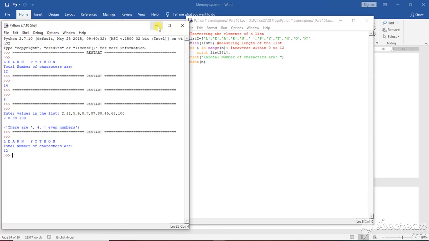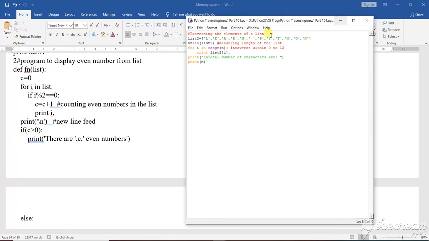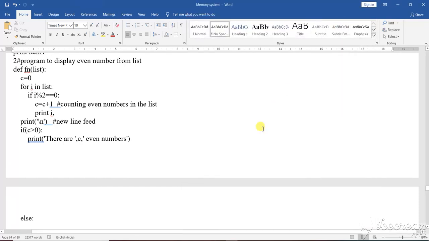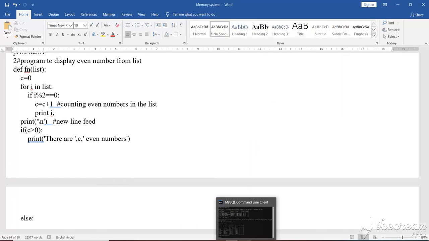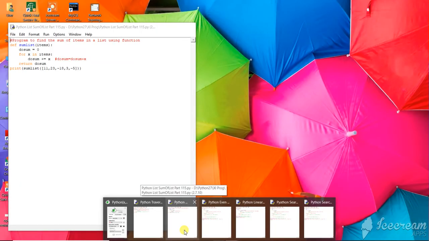Next, now I am moving to the next program. Okay, I'm closing this one. This is the traversing, see it very nicely, list2, that I have taken as the particular list. Then I have taken the length: n equals length of list2. So how will it get the value of n? Now it ranges from 1 to n. Based on that, it will search whether the value of list2 is matching or not. If it is so, then only it will say yes, the thing is okay, else it will not. That means it will give you the output in that particular way.